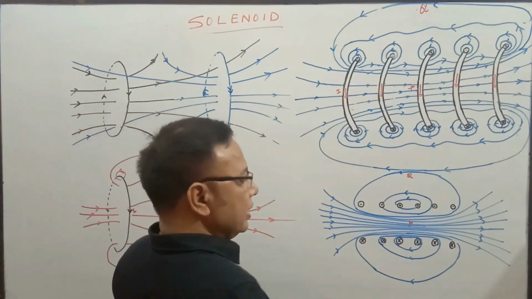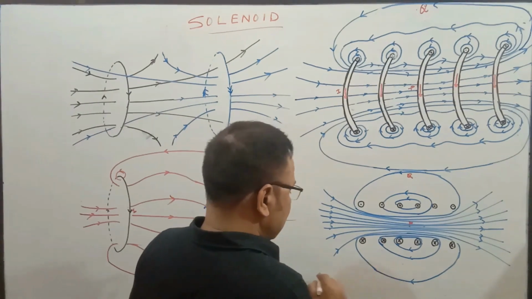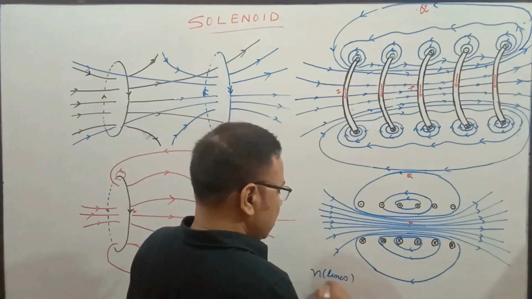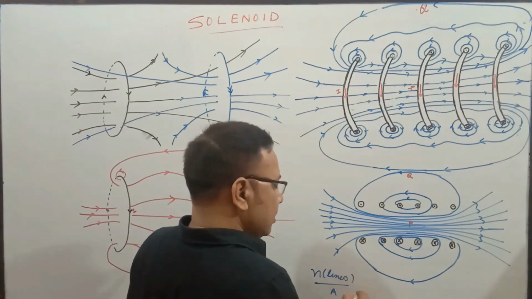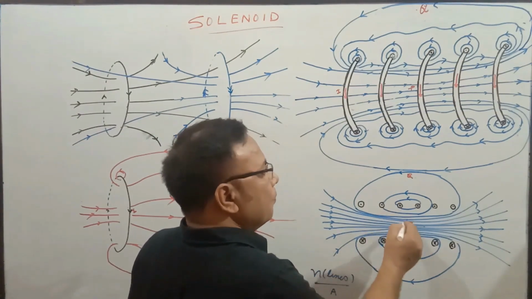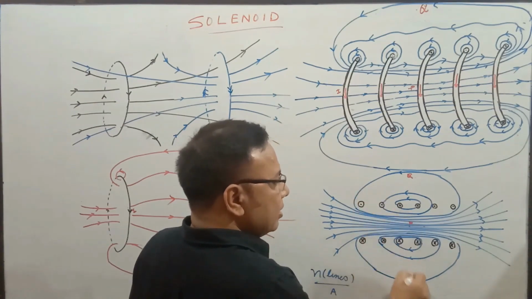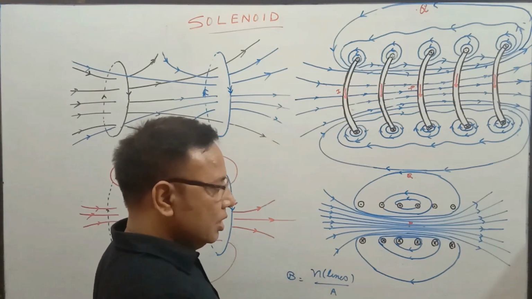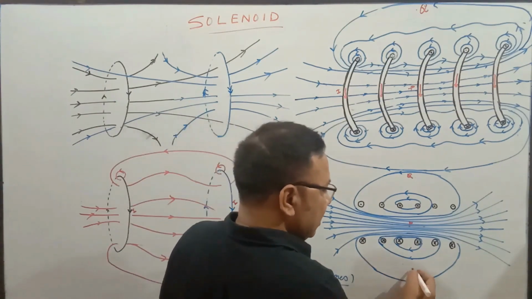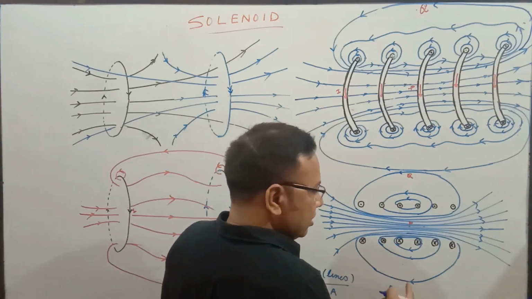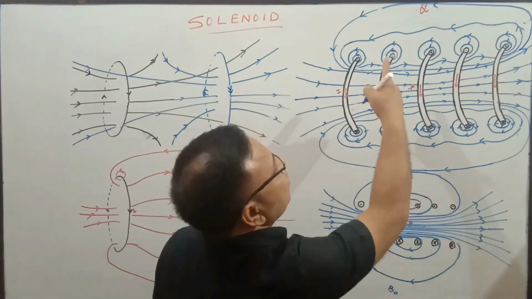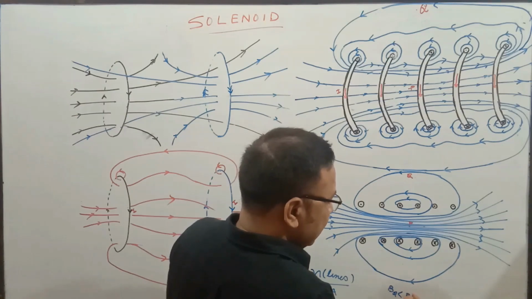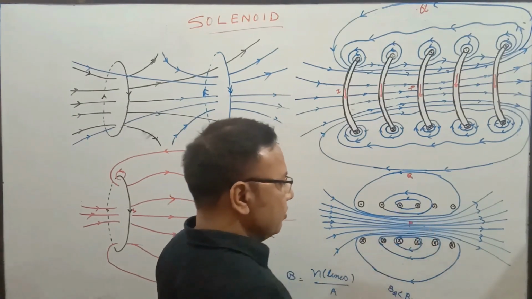So you can say the number of field lines per unit area is more within the solenoid than outside, and this is known as magnetic field strength. So it's quite obvious that the magnetic field strength outside, say at point Q, is less than the magnetic field at point P, well within the solenoid.